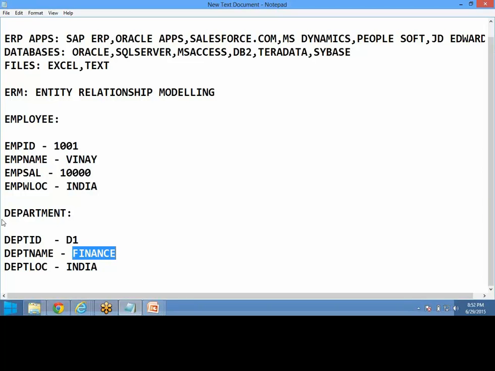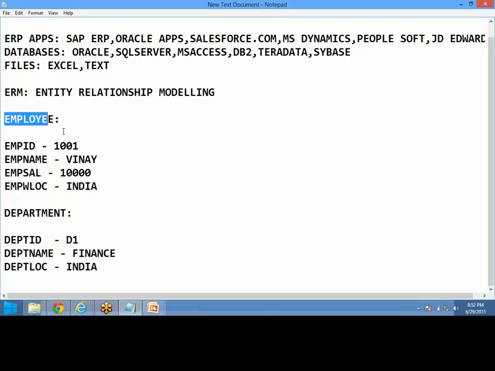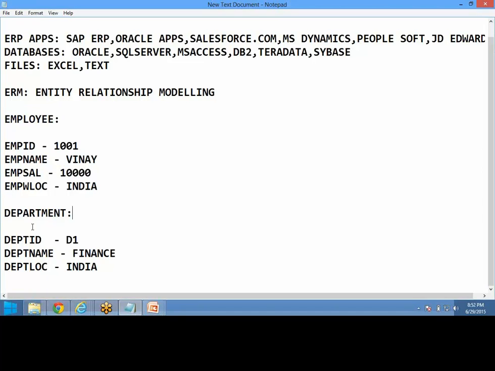But all of my department details are available in this table, and all of my employee details are available in this table. Then, how do I read the data by combining data from these two tables? In that case, while defining the department table, I will ensure that the employee ID is also one of the keys over here, so that it is used for communication purposes. So it should be a foreign key. So in this case, the employee ID is nothing but a primary key of this table, and the same